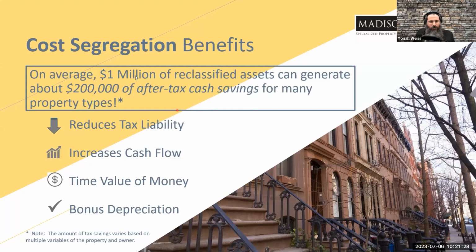So just to recap, I know a couple of people joined a little bit late, but it's always good to review what we're learning, making sure we're taking it in and moving on with it. So what we're doing, we're creating tax deductions. Okay, we're not creating deductions out of thin air, but what we're doing is front loading those deductions into earlier years. That's reducing our tax liability and is going to increase our cash flow, which, like I said earlier, the main benefit here is the time value of money, which says that $1 today is worth more than $1